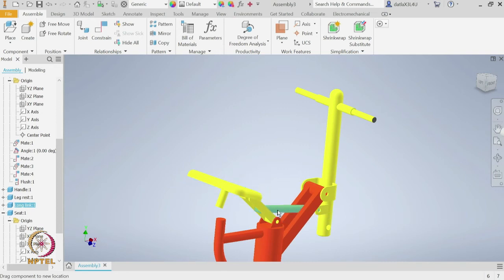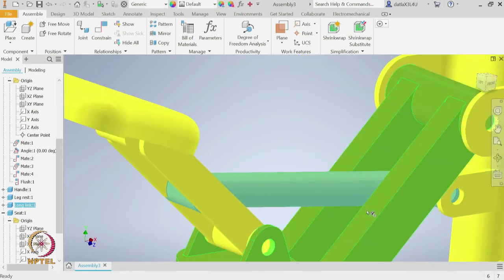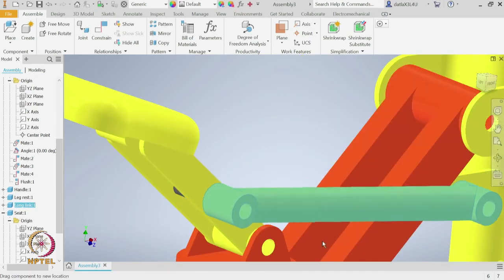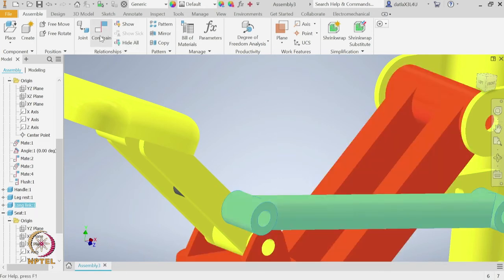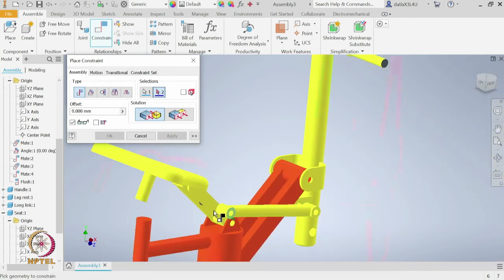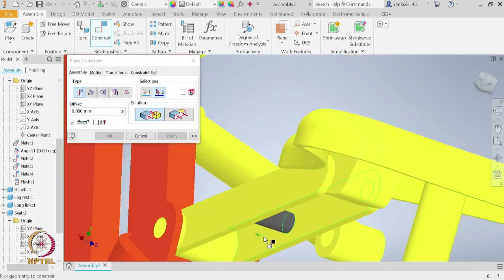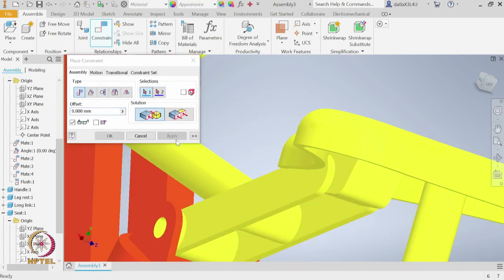So, to restrict that we can simply use the mate constraint between this face of the link and the inner face of this shorter link. Okay, and apply.